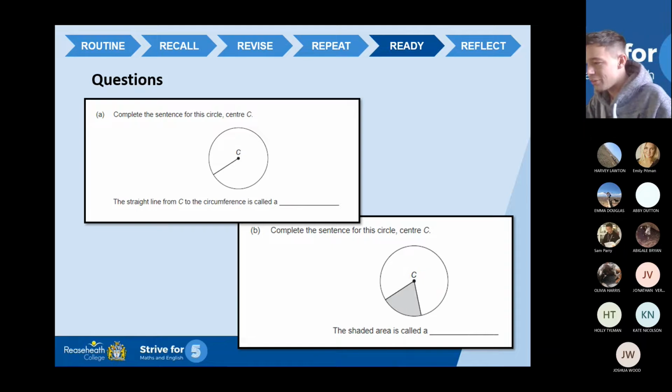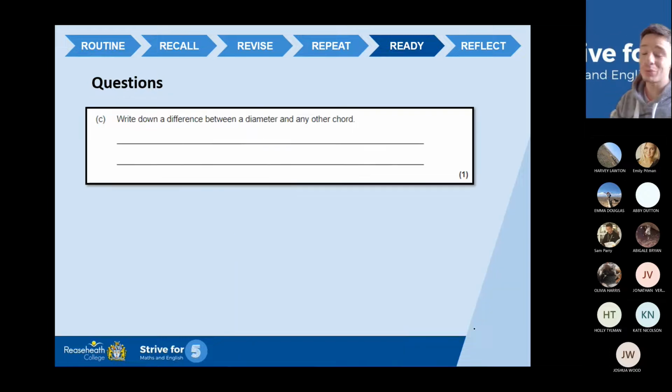Last little bit. The straight line from C to the circumference is called a radius. The shaded area involves the center of the circle, so I know it's a sector. And then the last question, which you guys weren't able to actually give an answer to, my apologies, write down